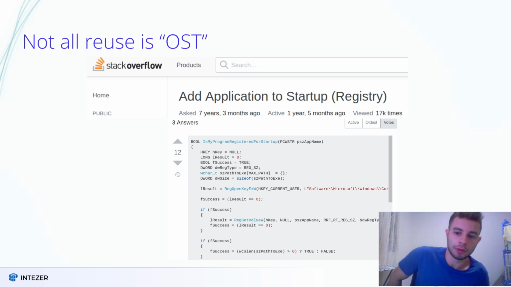So it is also important to note that not all code reuse is OST. For example, we have here a Stack Overflow question about how to add an application to startup via the registry. This is actually an answer. I added the answer on the lower part of the screen, and we took this piece of code, and